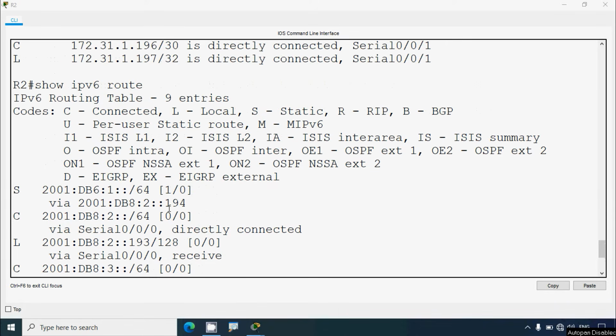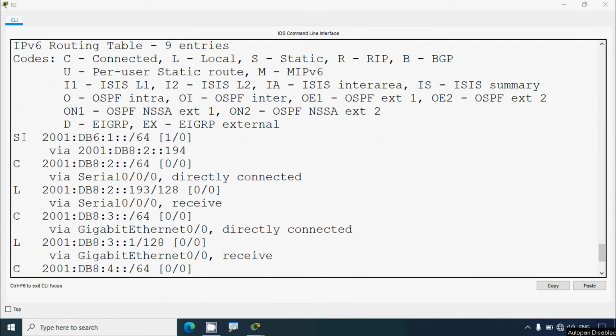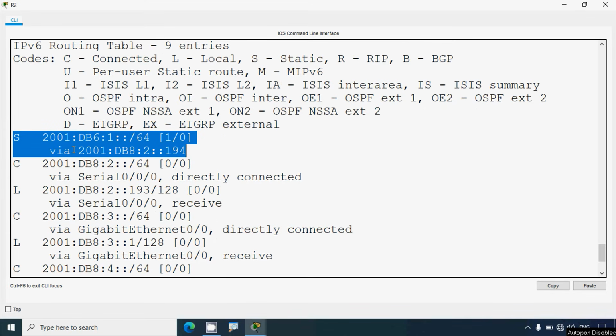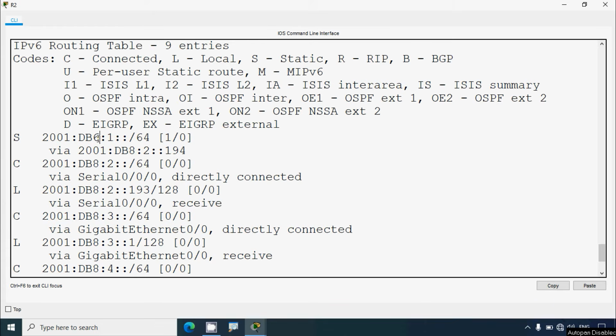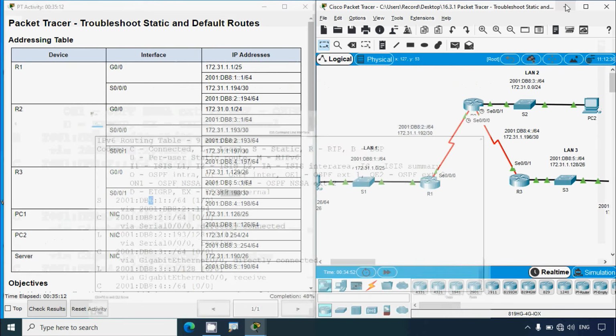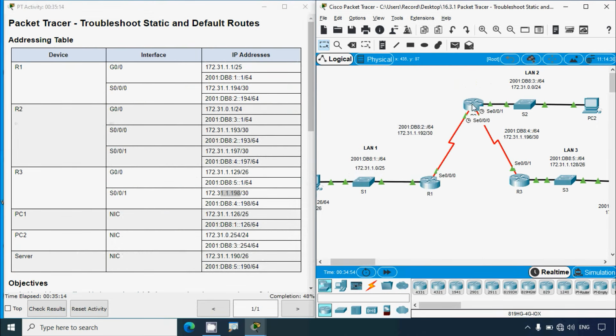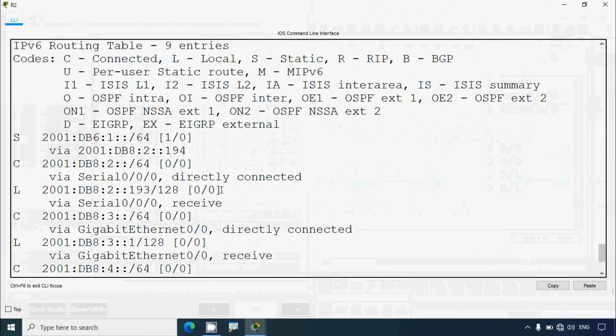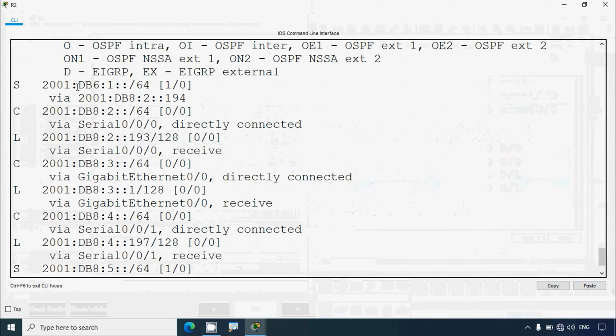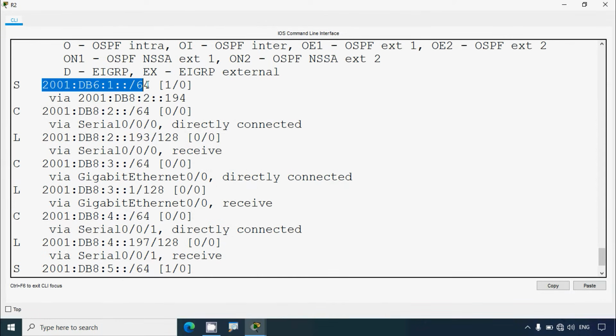Again, coming back to our output, here we can see the static route for LAN 1, 2001:db8. Oh, here we can see they gave 6. It's not 6, it's db8. So they configured it incorrectly. This network they gave incorrectly, right? 2001:db6, it should be